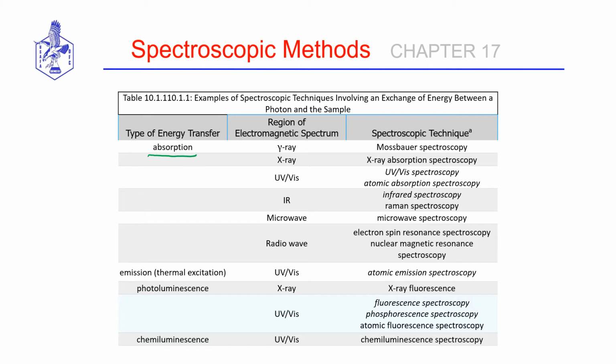Okay, when we irradiate radio waves onto atoms and molecules, we perturb the quantized energy states, the spin states, of the protons and neutrons in our nucleus. This forms the basis of the technique known as nuclear magnetic resonance spectroscopy, NMR, which is the chemist's version of an MRI. There is also electron spin resonance